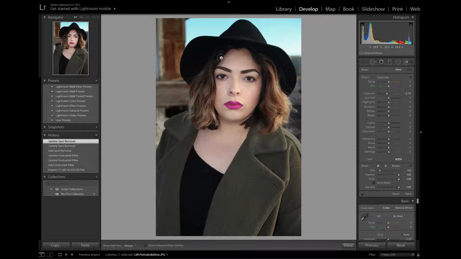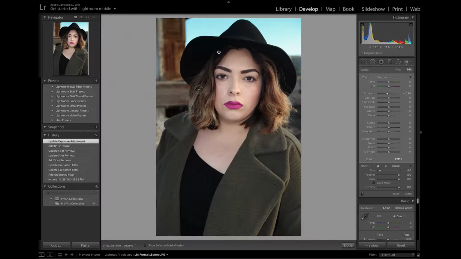So I'm just gonna select a little bit right here. Now if I want that to be a little bit darker, go ahead and change the exposure right here. We're going to keep it at -0.54, and if you want to select another part of the image to edit, you go ahead and press new,